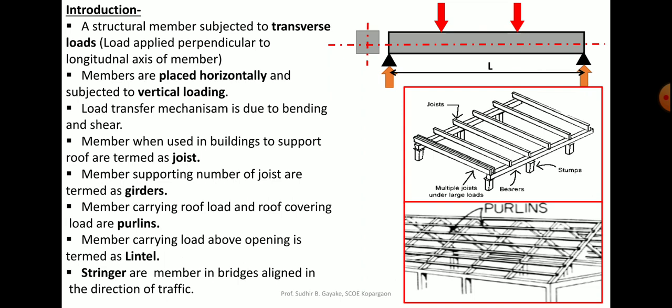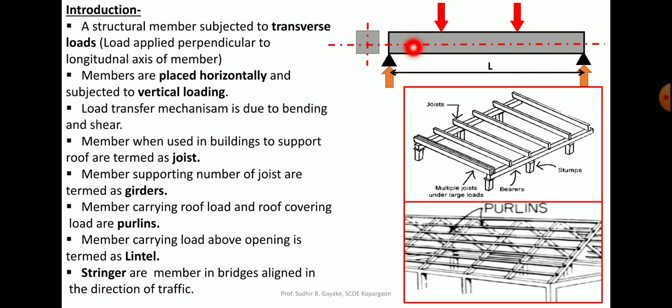In the previous units, that is your first unit, we have seen tension members, and in the second unit, compression members, where the load was applied along the direction of the longitudinal axis, either towards the member as compression or away from the member acting as tension. Here the load is not an axial load, correct; it is acting in the transverse direction of the longitudinal axis. Because of that action your member is going to bend